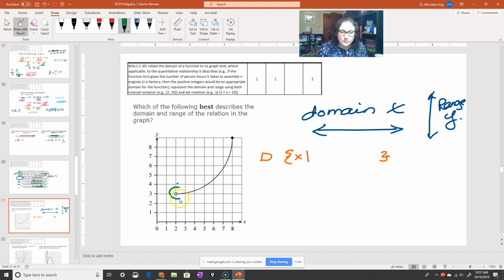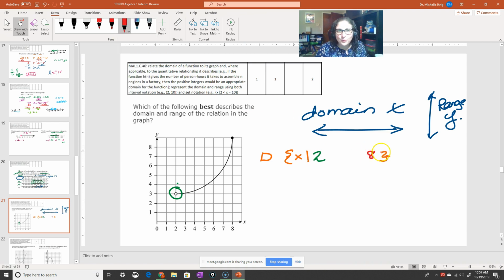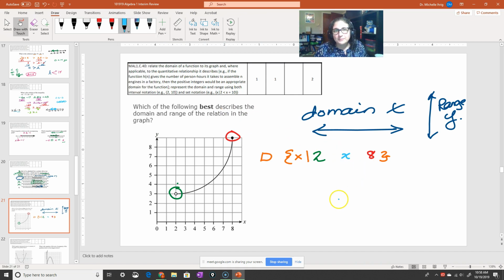So here's my 2 and my 8. I intentionally changed colors because I don't want you to think that that line makes it 12. It doesn't make it 12. It's just set notation. So 2 and 8 are my important numbers. I know that in the middle of my 2 and 8, I have to have my X. Boom. Okay? Because I have 3 different factors, I know I'm always going to have these signs like this.